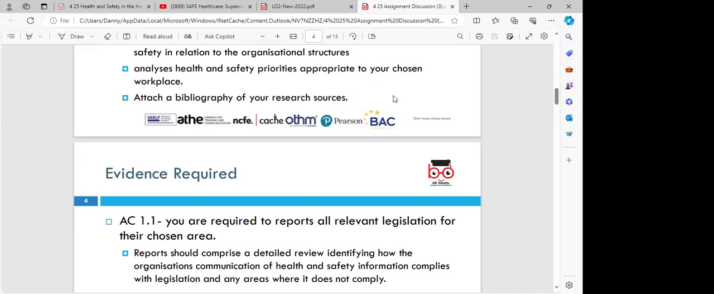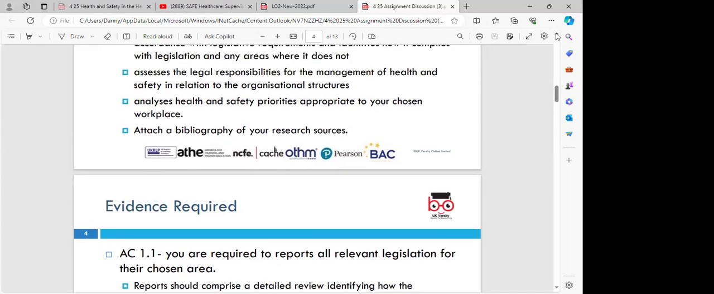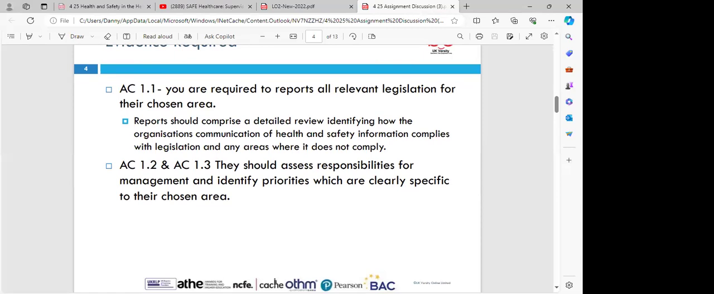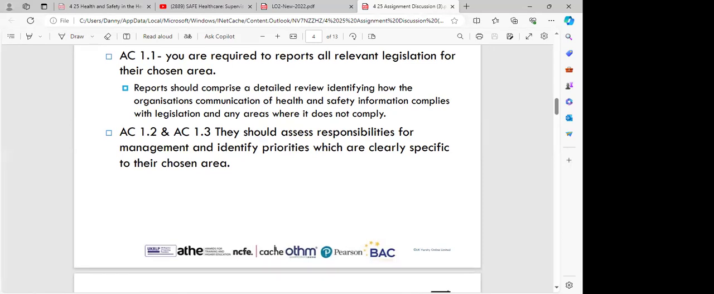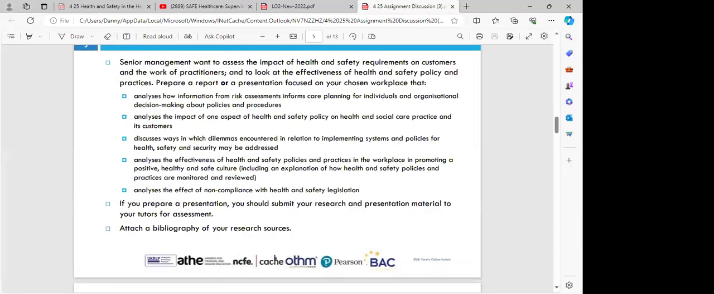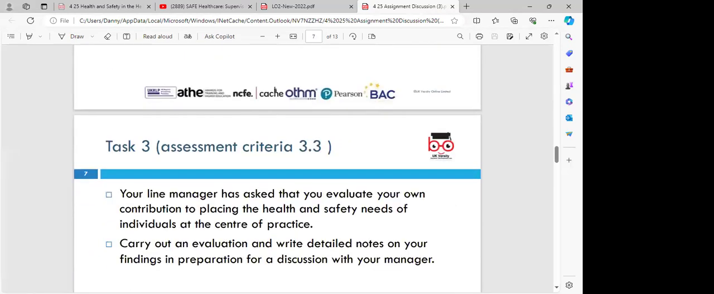No problem. But let me look at your situation. First of all, you answered this question. So if you look at task 2, it says they should assess responsibilities for management and identify the priorities which are clearly specified in a chosen area. Okay, so let's go down and see various tasks and then how deep